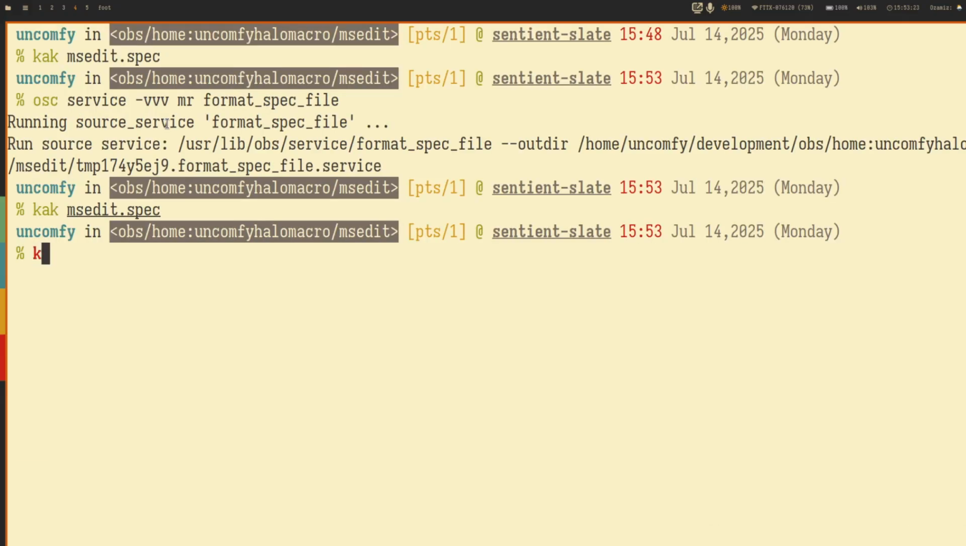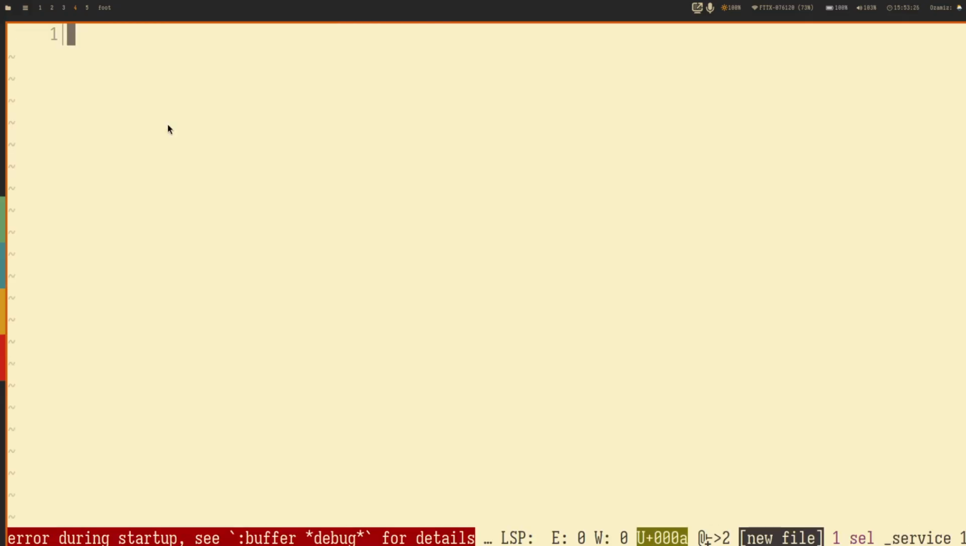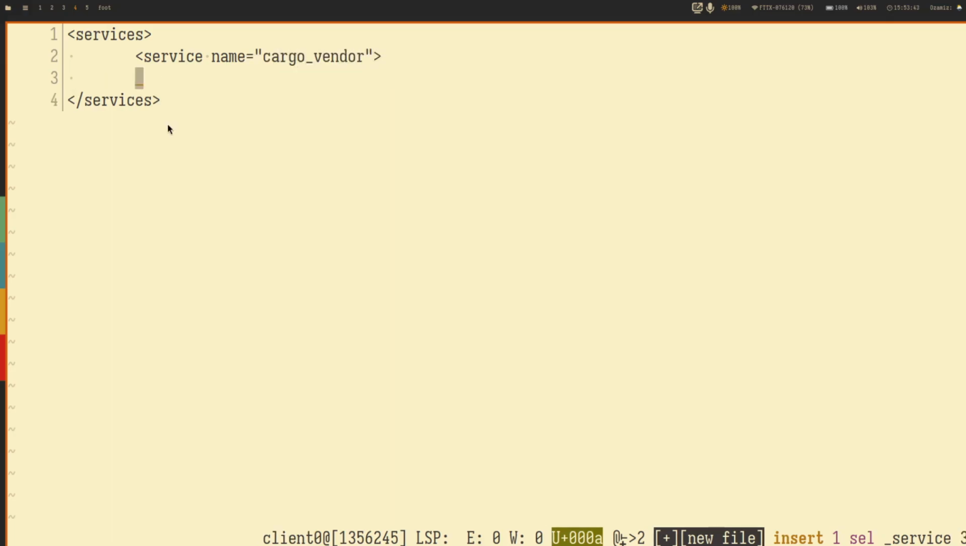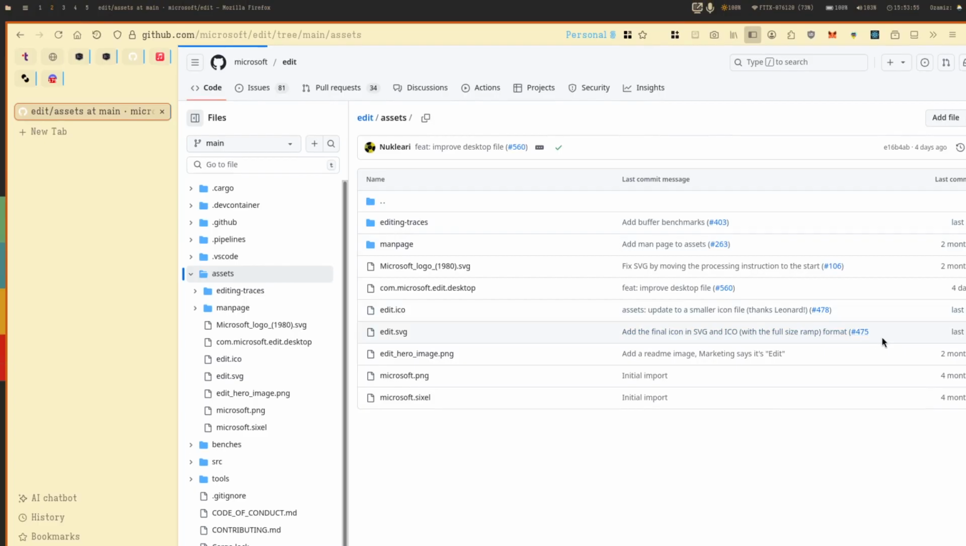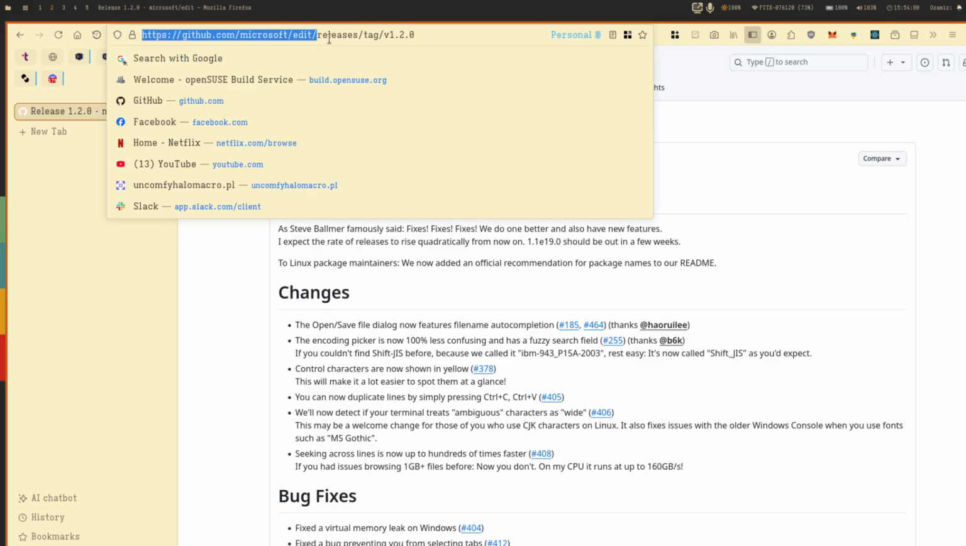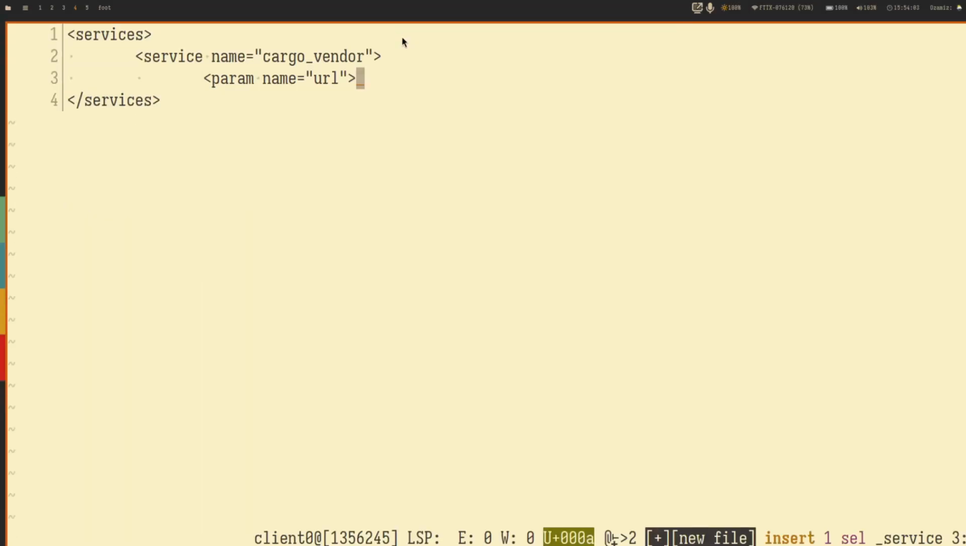Okay, and let's write the service file. So the service file, of course, it's an XML file. So services, and service name cargo vendor, and what would be the param name? Let's say URL, since we're going to use the git feature here. So I'm just going to use this URL